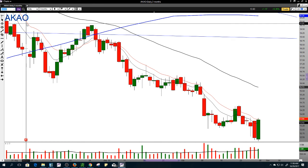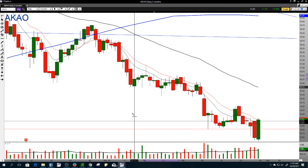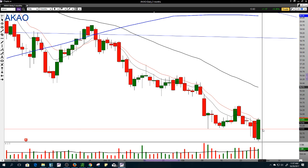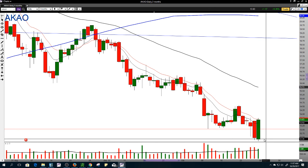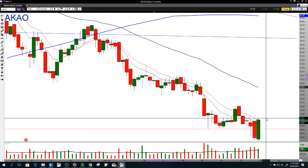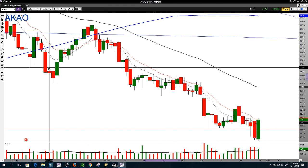Other than that, for right now on AKAO, we're left with a nice bullish engulfing on the daily. And off of the bullish engulfing, we'd expect to see some pullback on it. I think a justifiable pullback on AKAO would come closer down to that $13 level. So if I had to play this tomorrow, I'd be looking for the chart to come back and retest some of these areas on the daily, and that would leave me at about a $13 entry on AKAO, risking down to the lows. If the chart then breaks over Friday's session high over $13.73, I'd be more inclined to see a reversal on the daily